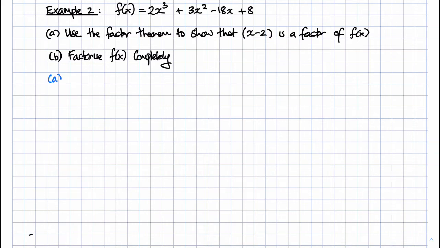Well, we will need to substitute positive 2. So given that x minus 2 is a factor, positive 2 will need to be substituted into our polynomial. So we'll start off by writing f of 2 is equal to